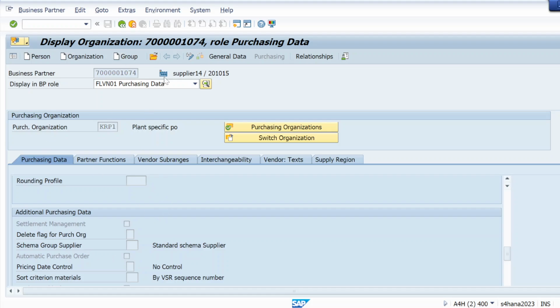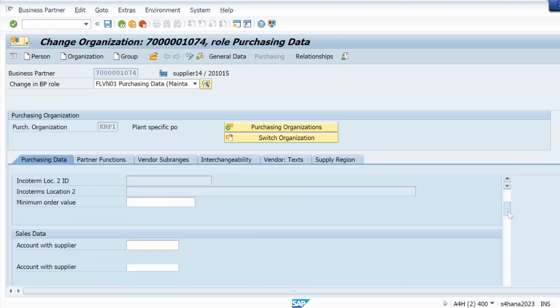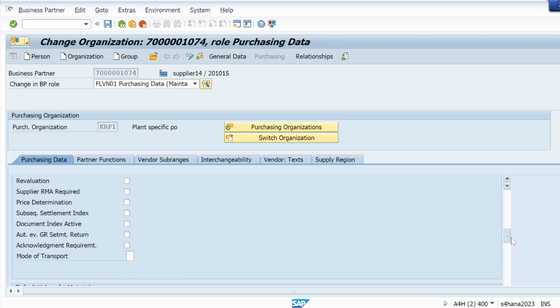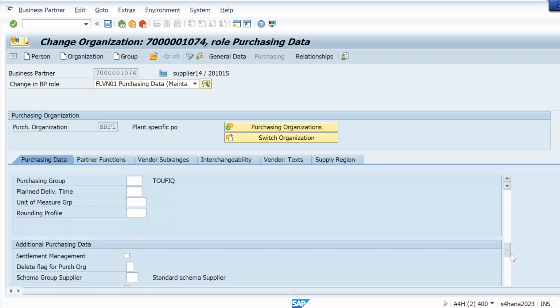Right now it's in display mode. I will click to switch to change mode. Right now it's in change mode, so here you can see automatic PO.